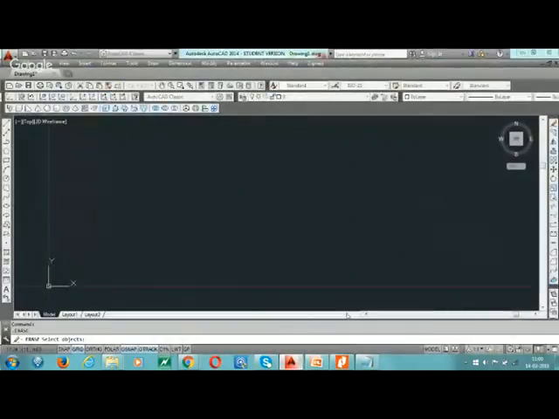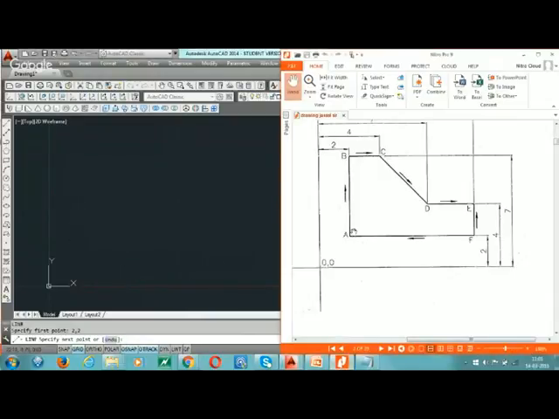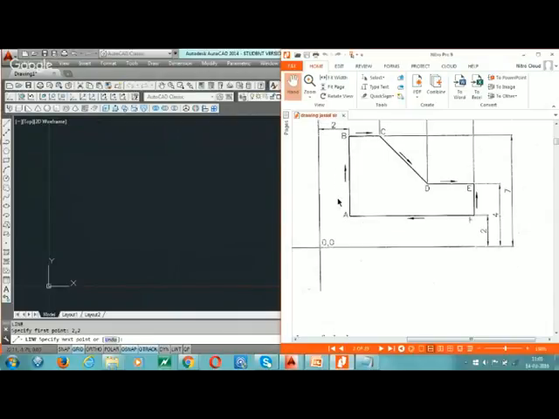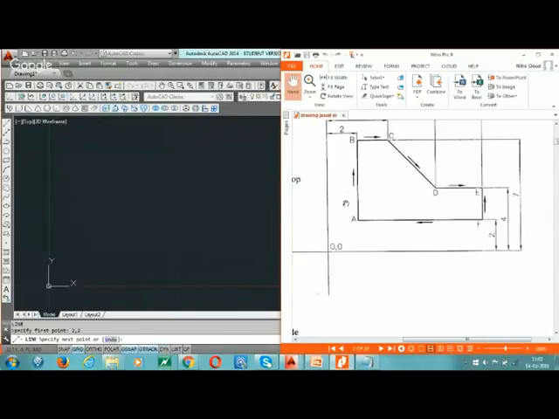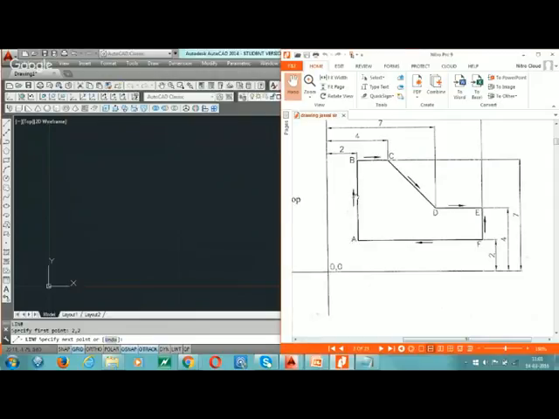So first point we take with the help of absolute. Take L, enter. Sorry. The first point is 2, 2. After that, the second point B is from A, the distance of B in Y is 5.